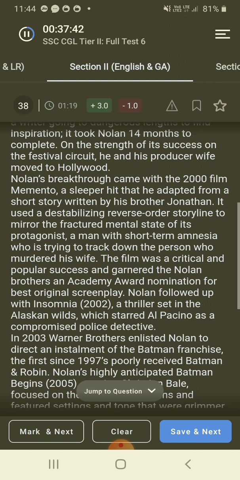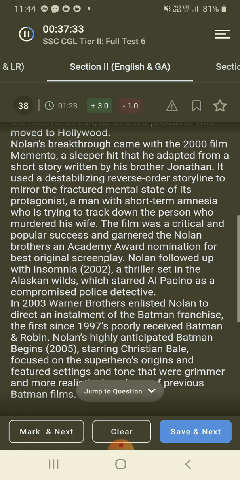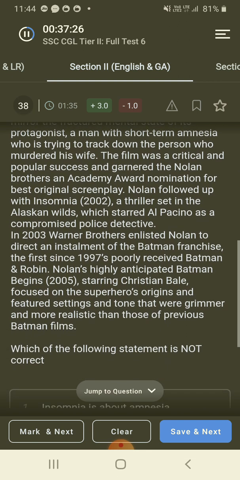his brother Jonathan. It used a destabilizing reverse order storyline to mirror the fractured mental state of its protagonist, a man with short term amnesia who is trying to track down the person who murdered his wife. The film was a critical and popular success and garnered the Nolan brothers an Academy Award nomination for Best Original Screenplay. Nolan followed up with Insomnia 2002, a thriller set in Alaskan wild, which starred Al Pacino as a compromised